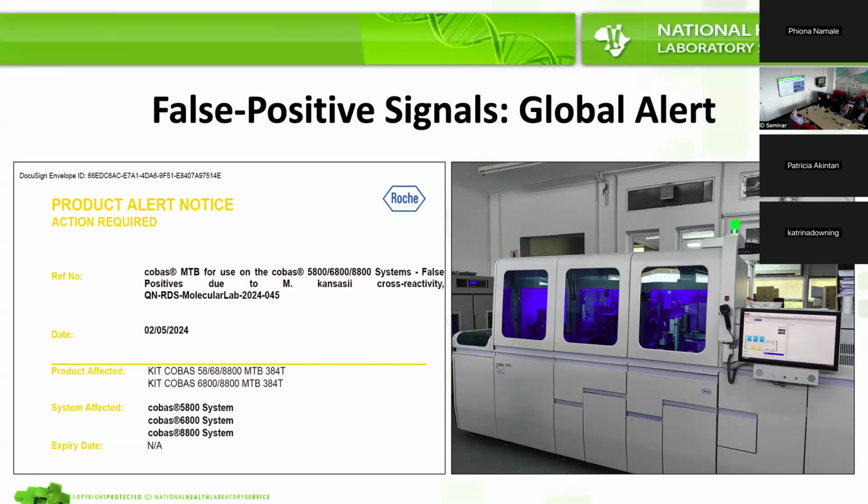So we are mitigating this because we are aware of it. All our positive cultures are being run on the GeneXpert. So only the raw sputum specimens are run on the Roche Cobas. We know our prevalence of NTMs is very low, and we know the amount of acid-fast bacilli in the sputum is also very low, not above 10 to the power of 6, which you will find with typical cultured isolates as well. So just something to take note of. I did hear from other institutions up country that they also found that some other NTMs have a similar problem, not just kansasii, but the global alert was sent out for this specific NTM.